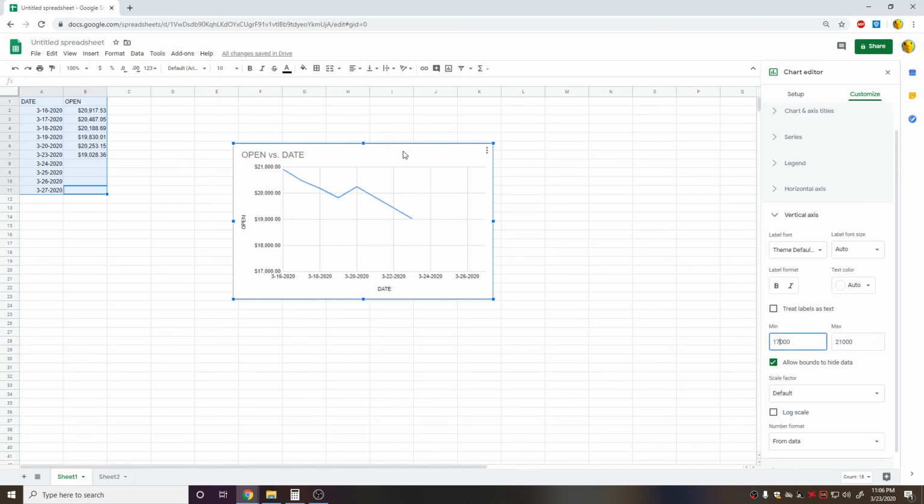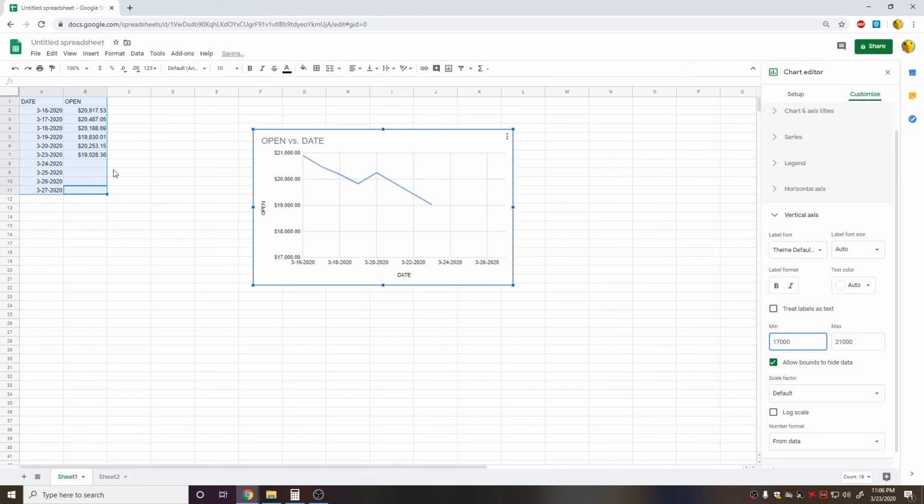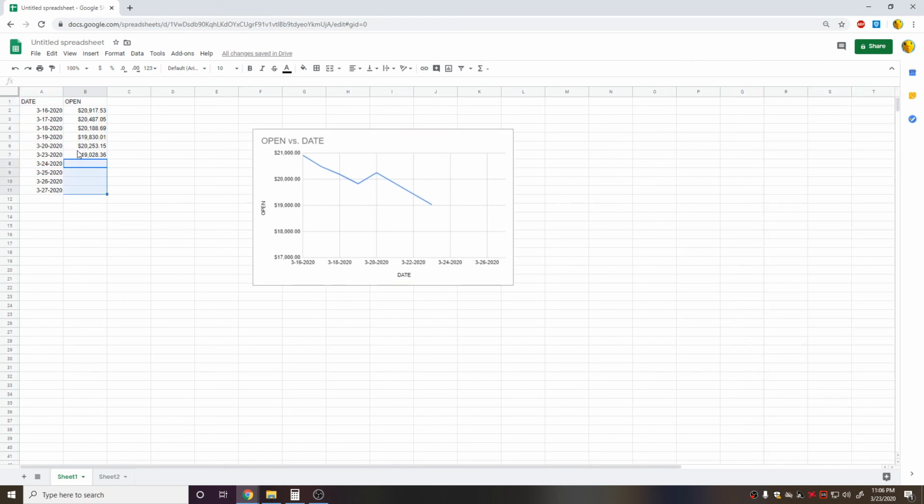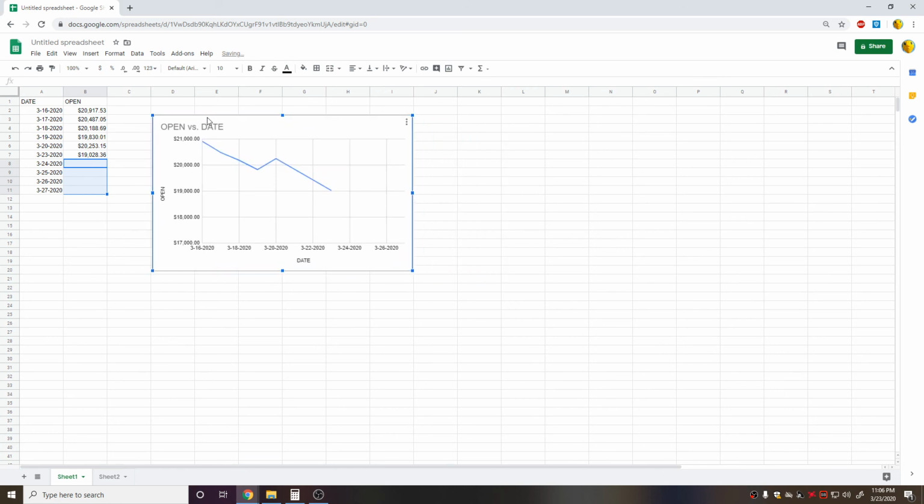So there you go. We don't know what it's going to do in the next 4 days, but you will fill in the numbers, and then you will adjust the range to make it look better. And then you will title your spreadsheet Dow Jones Open,